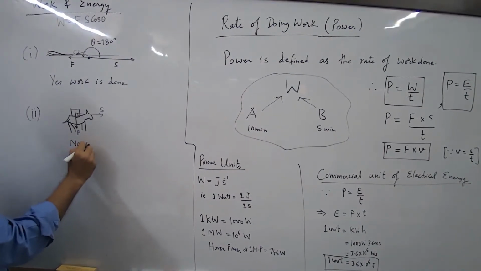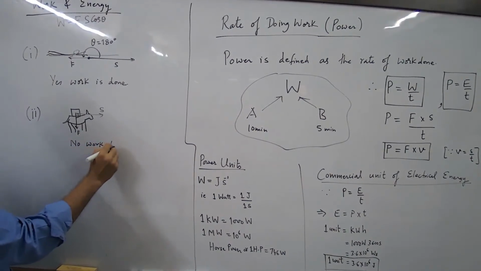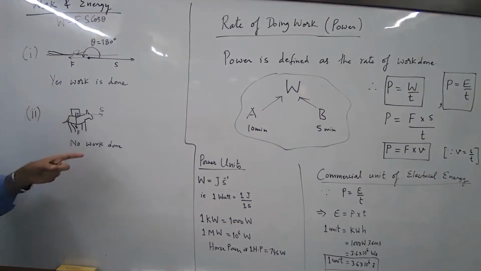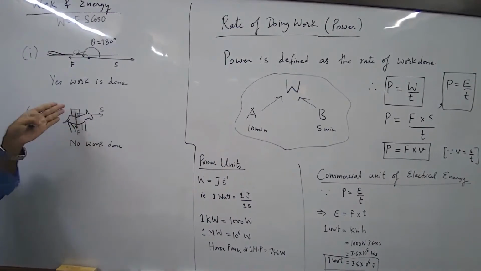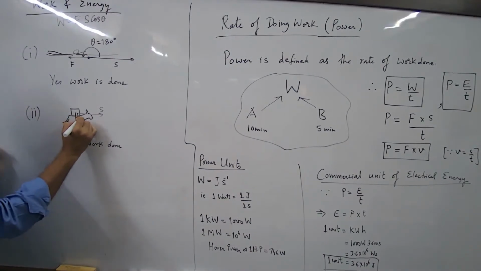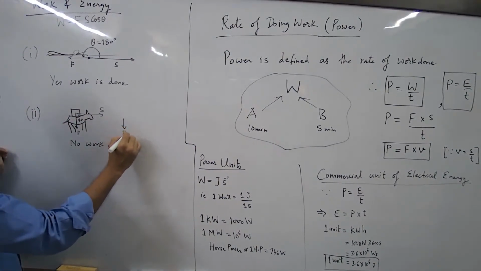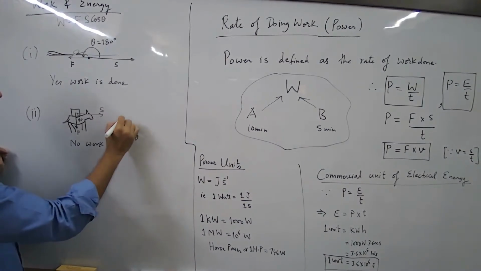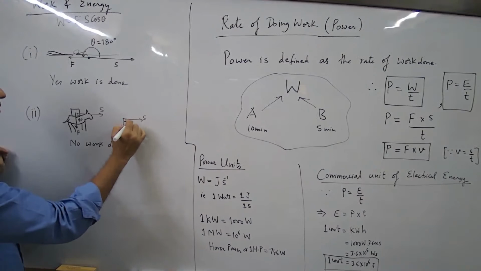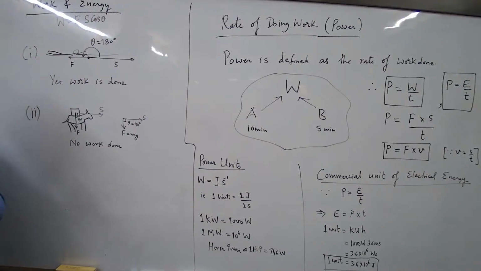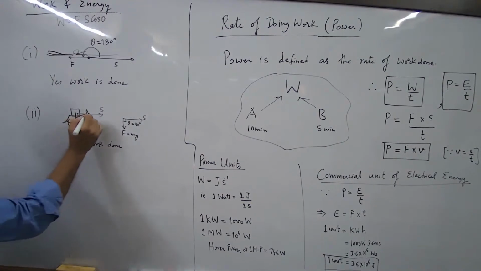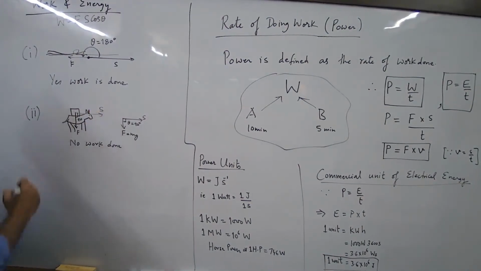It's the same if I'm holding a bag, like a suitcase. Whether he is moving or not moving, work is not done. If not moving, displacement is 0. If moving, displacement and force are at 90 degrees. What is the force? The weight of the load. What is the angle? Theta equals 90 degrees. So cos 90 is 0. No work is done in either case. It's a good donkey.